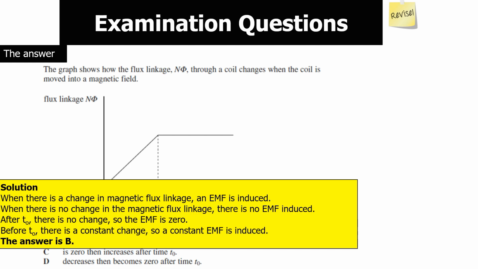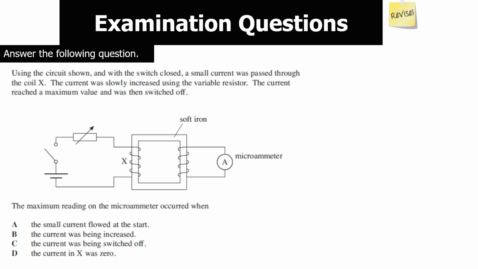Before t0, there's a constant change because there's a constant gradient, so therefore a constant EMF is induced. The answer is B. The next question says, using the circuit shown and with the switch closed, a small current